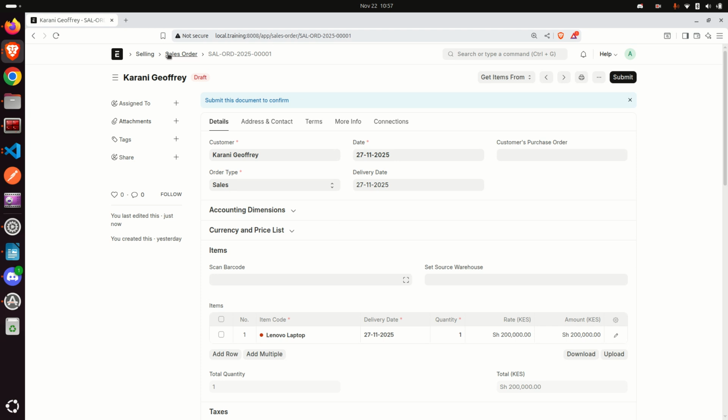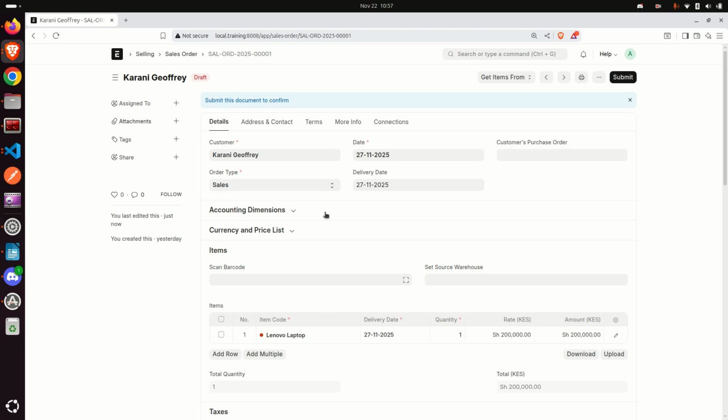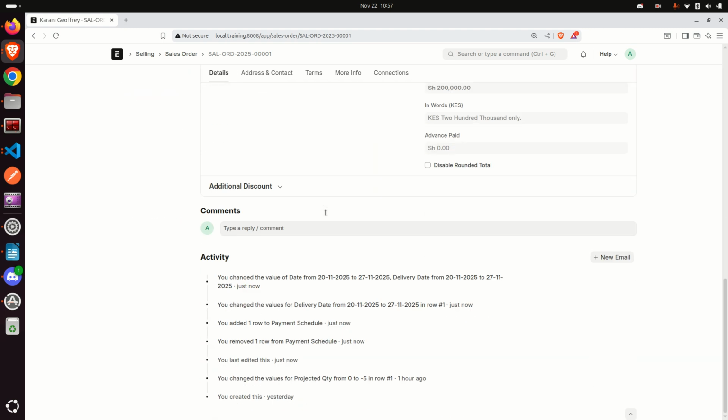So how can we conclude this video? We can conclude by saying that the list view is where you see multiple records, and you can take bulk actions on those multiple records, or you can search to filter them or search for a specific record. And the form view is where you see just one record, and then you can take actions for that one record. In the next video, we are going to explore filters, search,